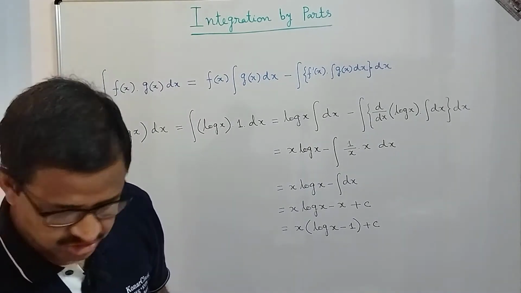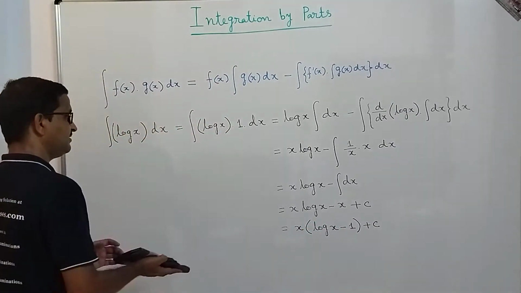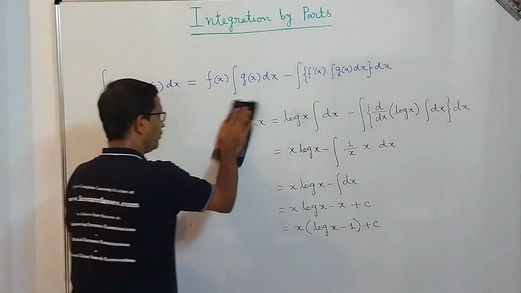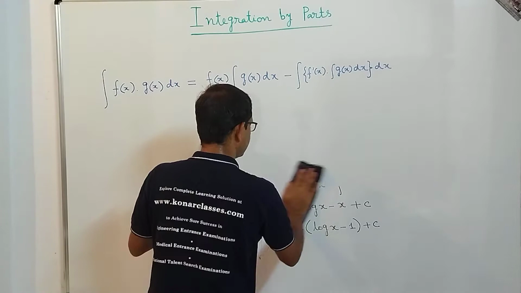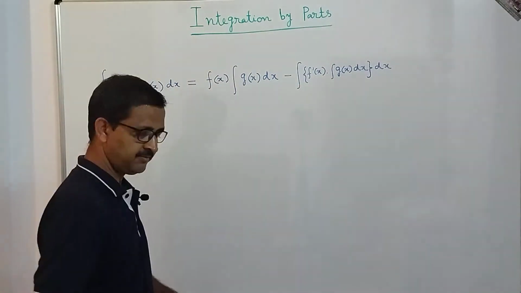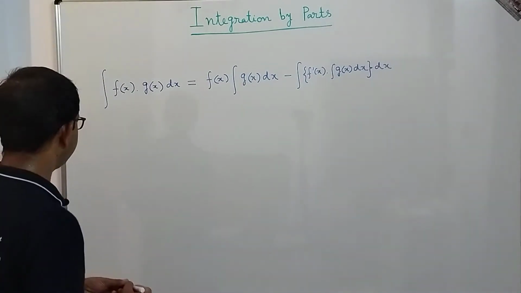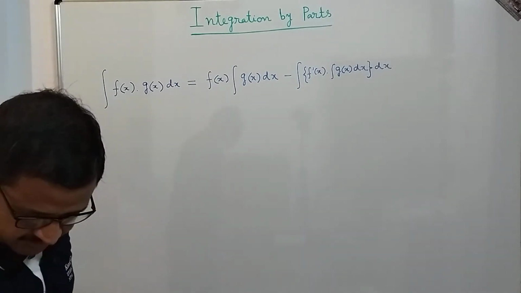Okay, dear students, so we got how to perform this integration. Integration of log x is equal to x into (log x minus 1) plus c, where c is the integrating constant. Now let's proceed to the next one, where we will take the product of two functions where both the functions are directly integrable. One such function we can take is x into e power x. So let me take this one.